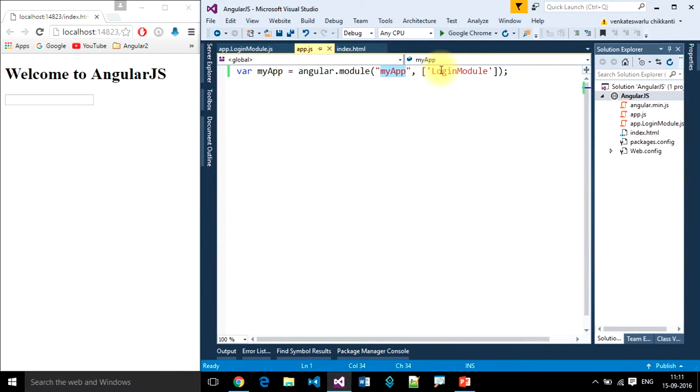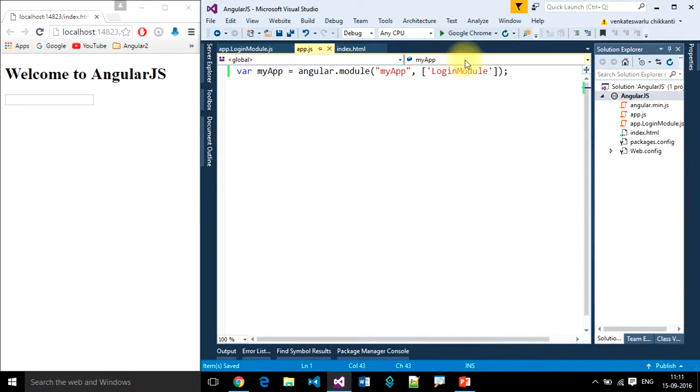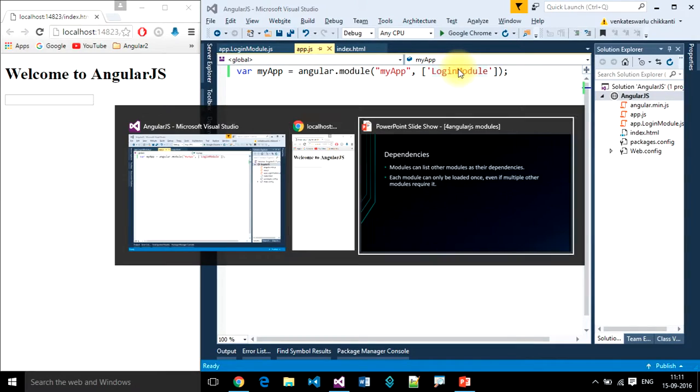So I'm going to load the login module inside my application module. So this is how we can load dependencies into our Angular module.